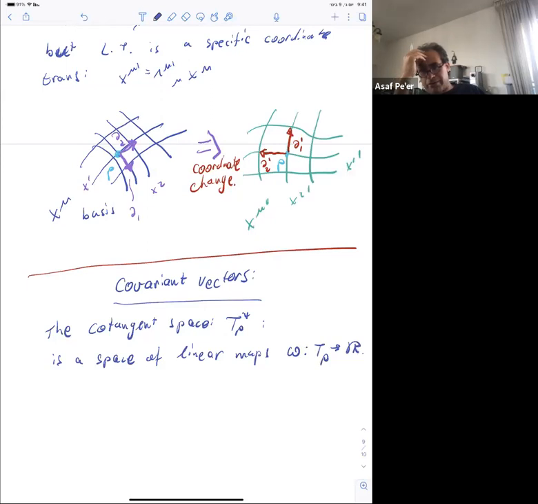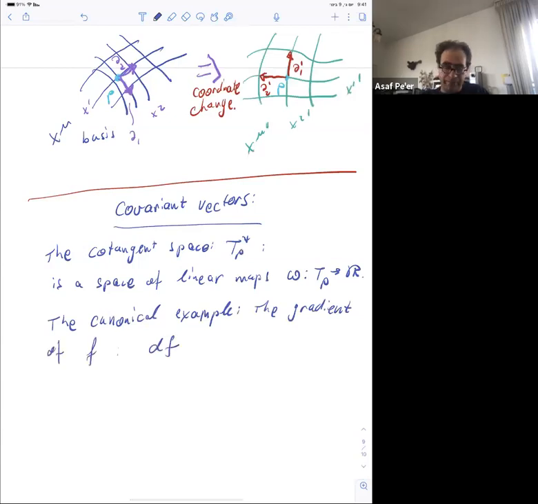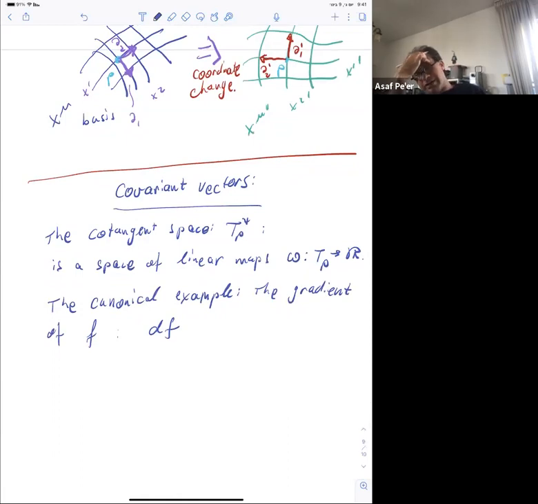Of course, in physics, the canonical example of one forms is the gradient. The gradient of a function f is df. The canonical example. The gradient of f is a general function, df. So the action of the gradient on